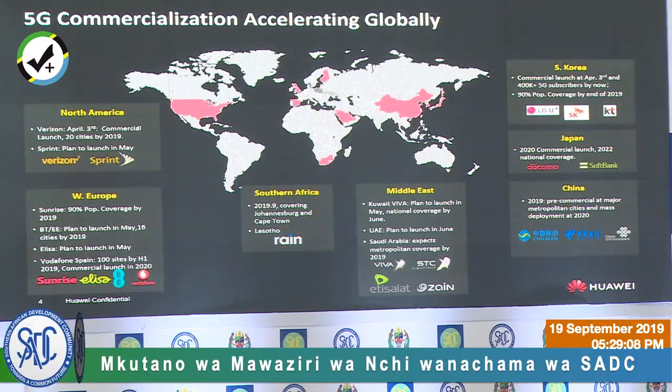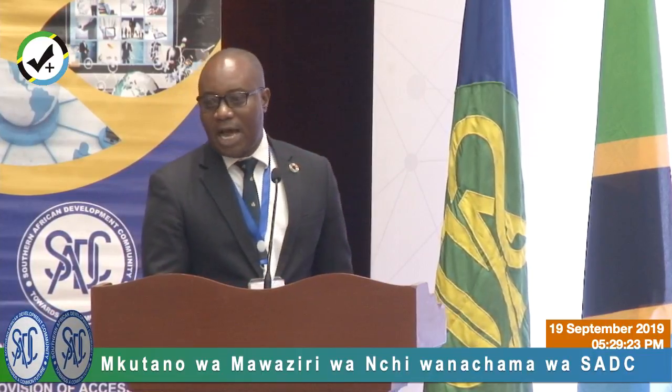And we are very proud of Africa. For the first time, Africa is not lagging. We are amongst the first to deploy the 5G commercial network, the one in Lesotho, the one in South Africa, and there are also so many trials, 5G networks. I think we need a big hand for this one. Thank you. 5G is the foundation of the economy to provide a digitalized economy and society,